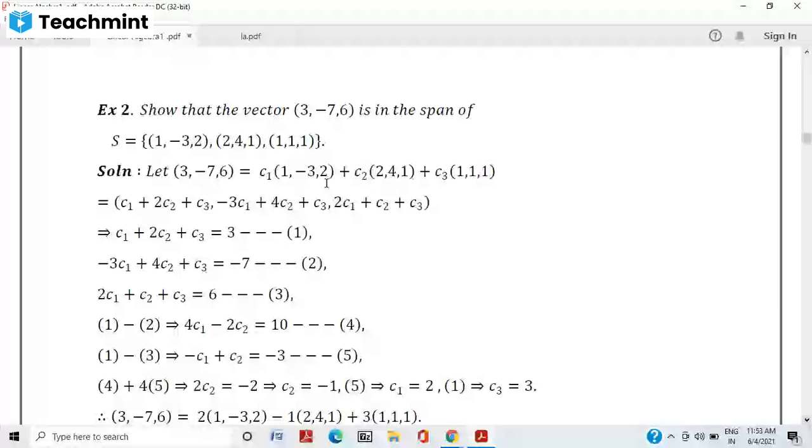No, how will we do it, Kogila? We should add first. First, we should add all the first elements. That means what do you get? First element in the first vector, what do we get? C1. Then the second element is plus 2C2. Then plus C3. Okay. Then like that, you tell me what is that second element, what do you get?